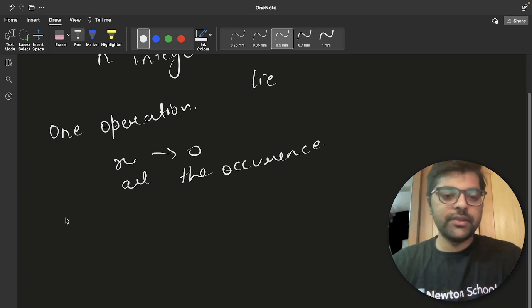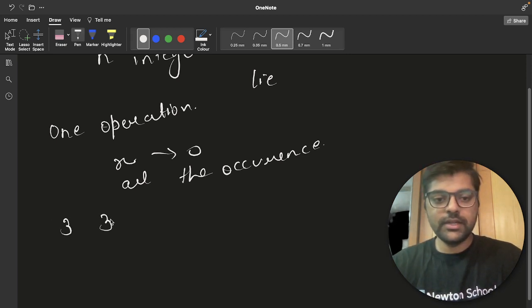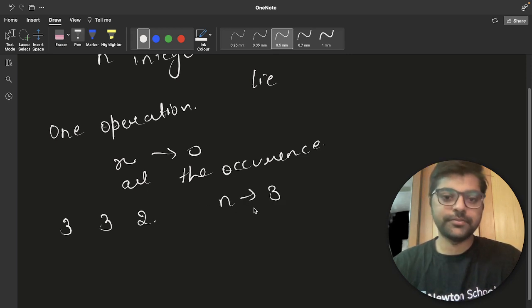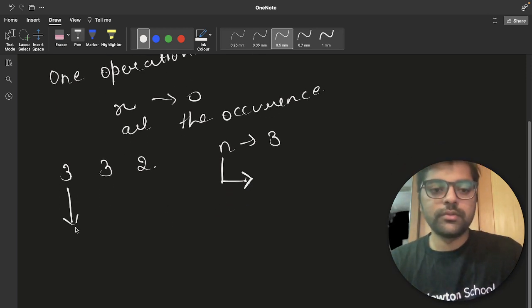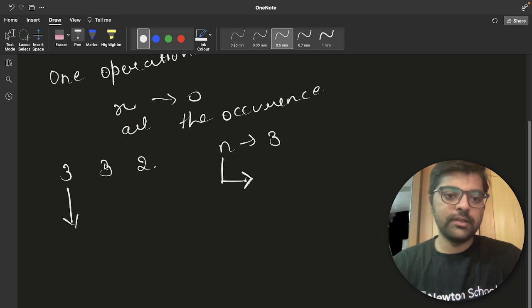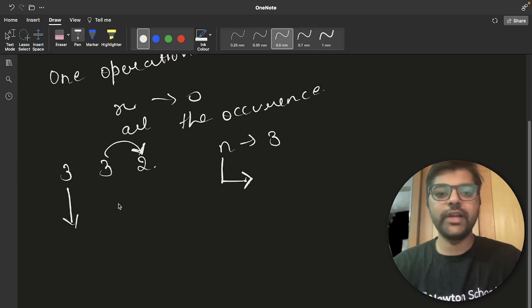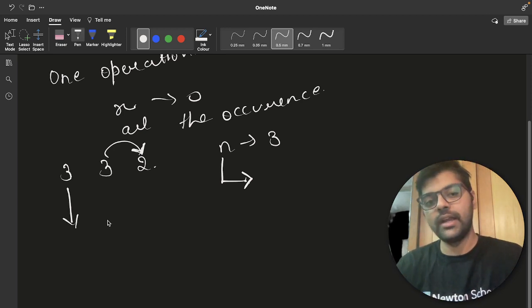the first example, where the array is 3, 3 and 2. N is given as 3, right? See here, 2 is smaller than 3, so we'll have to make something 0. All we can do is select a number and make it 0.